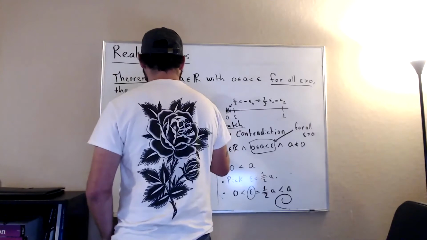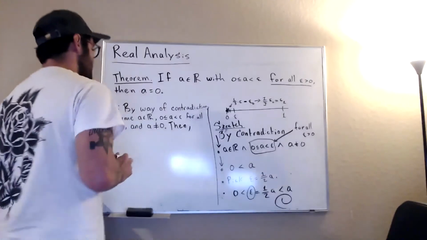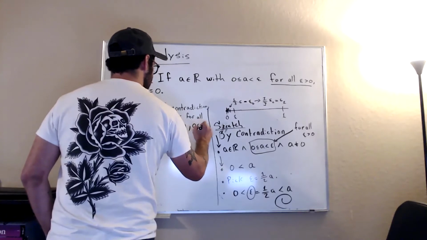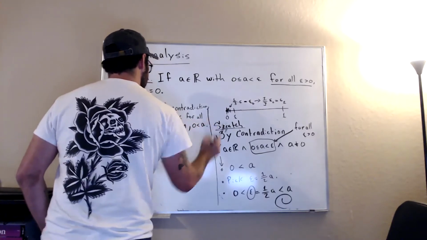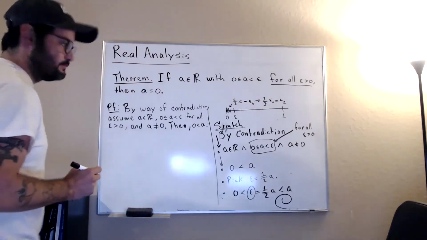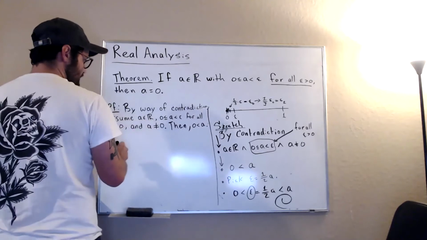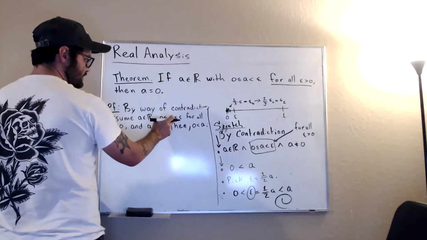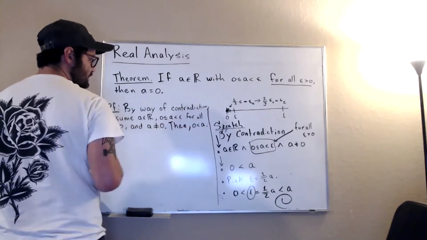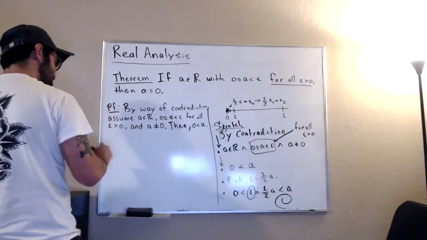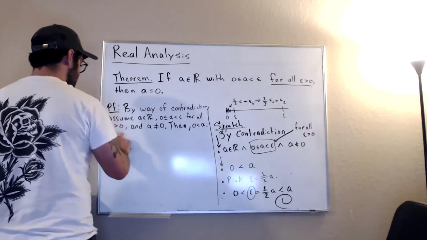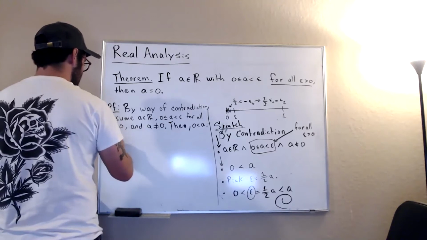Then it must be the case that 0 is strictly less than a. Okay? Because a is greater than or equal to 0, but we assume that a is not equal to 0, so this is the implication. So then, or maybe like next,